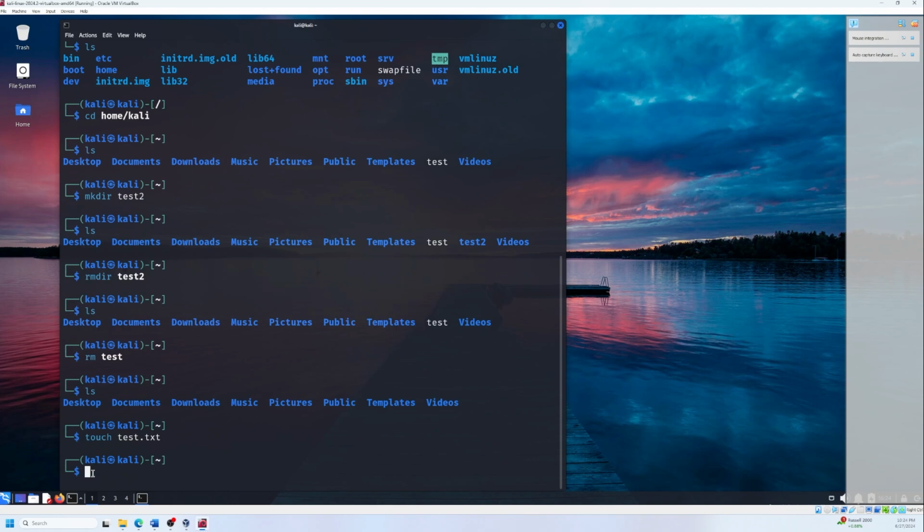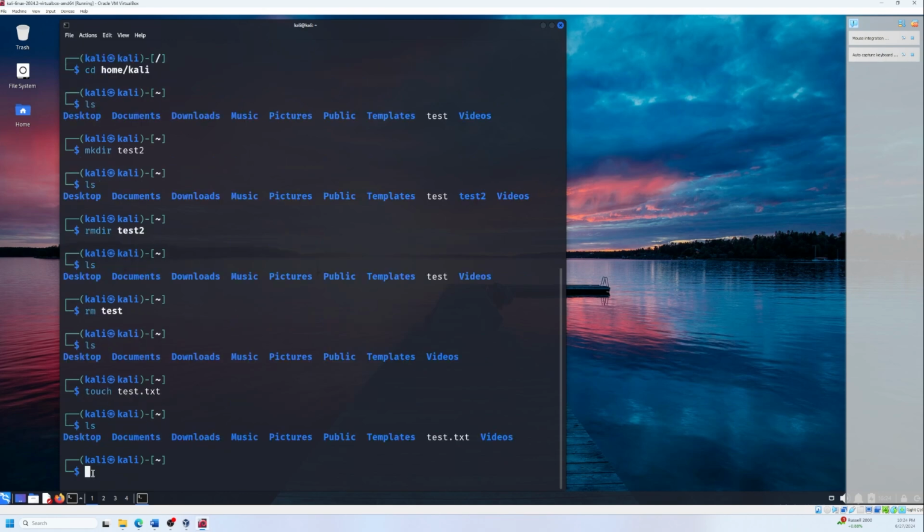And now if we list the files, we have a test.txt, a test file. Now let's move to number 8, which is cp, and cp stands for copy files or directories. So let's copy the test.txt file, and we are going to type cp text.txt to another name, which is going to be